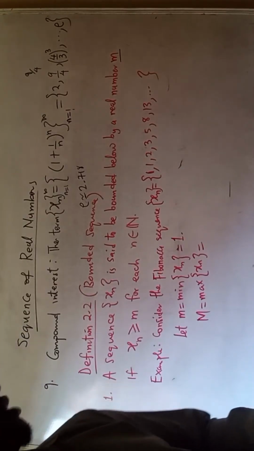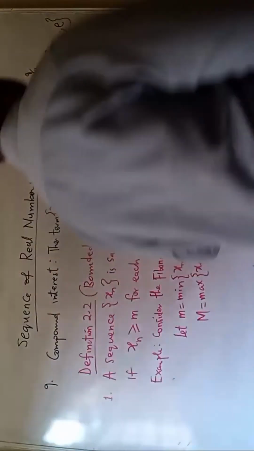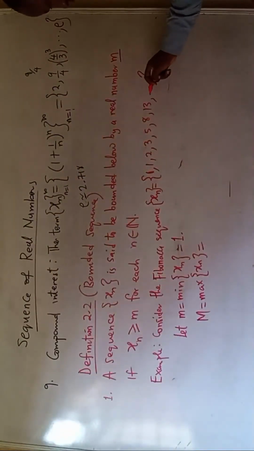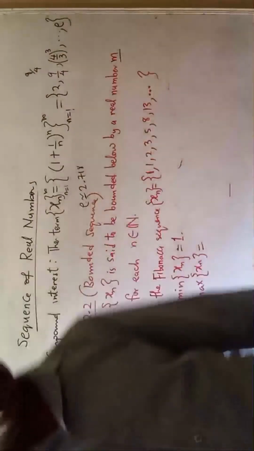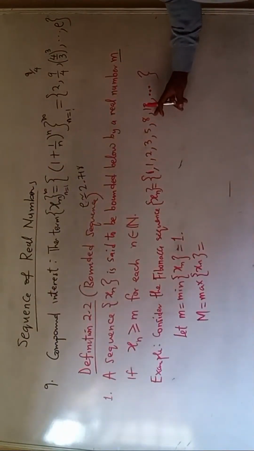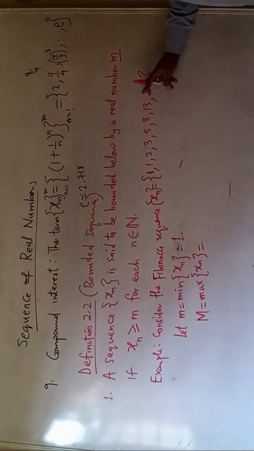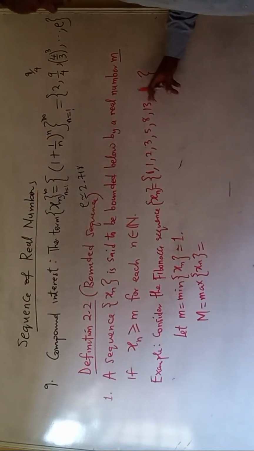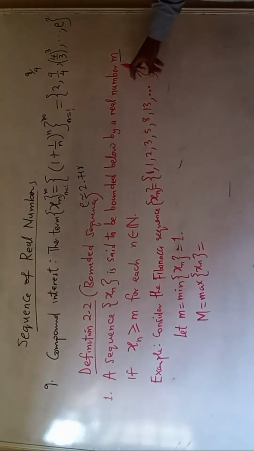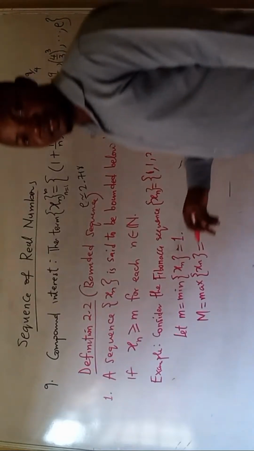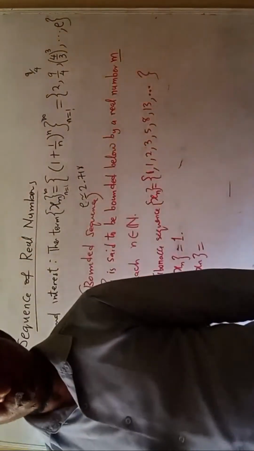No, the maximum can be 13. I put a dot here, and dot means this continues. I can generate the next number by adding 8 and 13. It doesn't mean we are stopping at 13. The next number here is 21, the next one after that is 34. But I've given you a kind of hint.